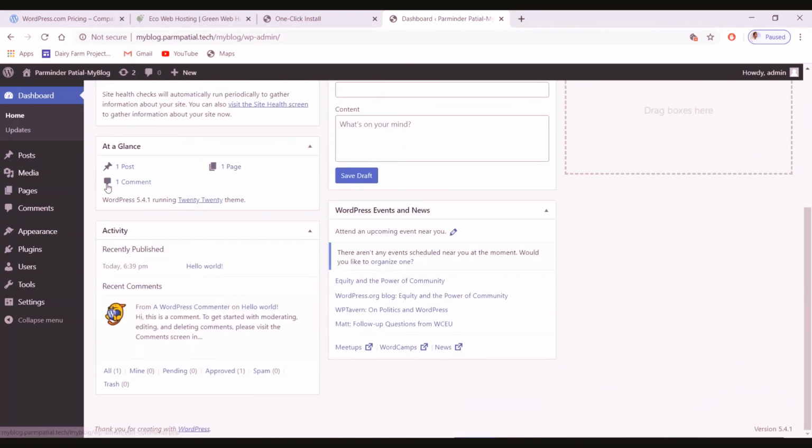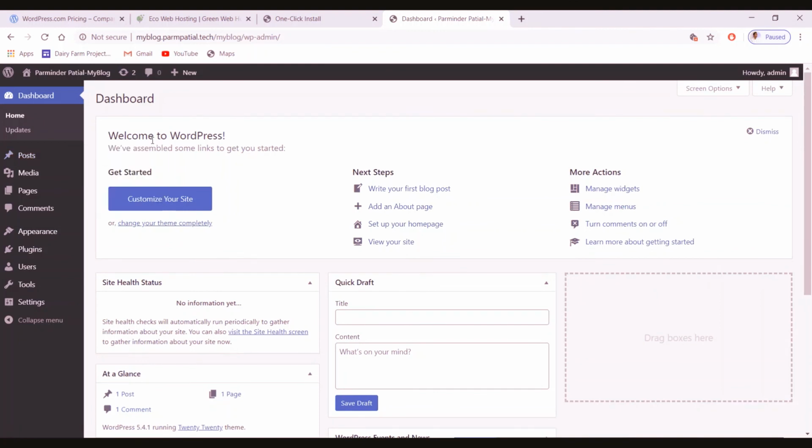In the next video we will see how we can proceed further using the dashboard and what features are available on the dashboard. The dashboard features are the same whether we deploy on the local server or on the live server, the interface is the same. So whatever we do next, we will do on the live server.